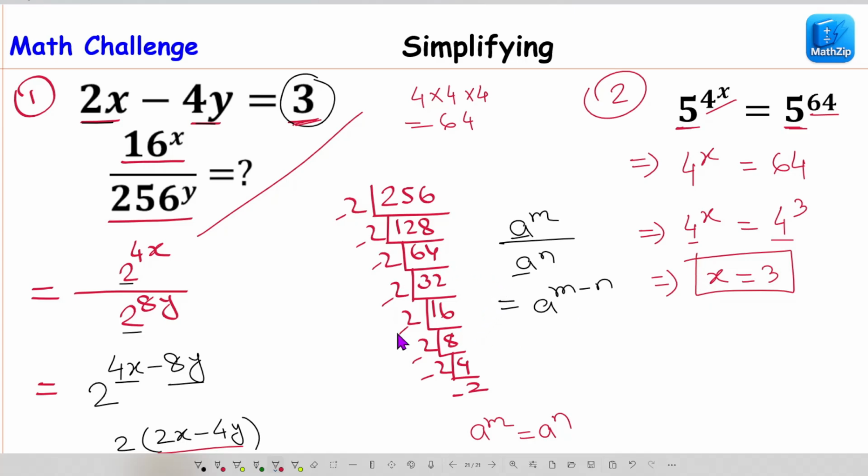So in a very simple way we are trying to solve these two math problems, which is very important for Olympiad or any